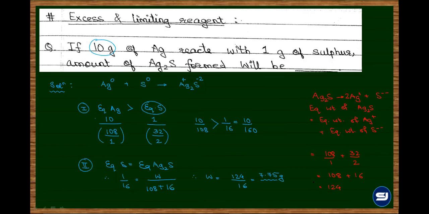But it's a redox reaction, right? Yeah. So even for the redox, if you see, for silver, the change is from +1 to 0 into 2. Yes, sir. And for sulfur also, it's -2 to 0 into 1. So even if you calculate by that method, the total mass of this would be twice into 108 plus 32 divided by the change in the oxidation number, which is 2. What you get is the same relation, 124 ही मिलेगा.